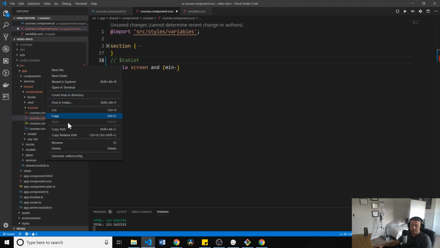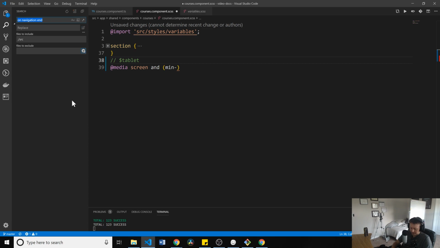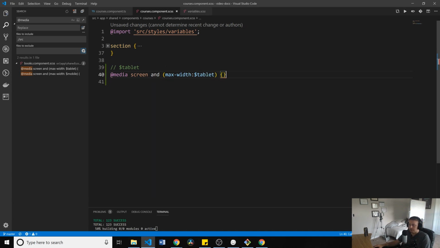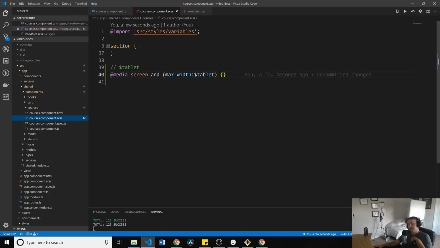There, find in folder. Wait, somewhere else. It's max width, that's what it is. I always get this backwards. Okay, so we have our media query. And what we want to happen